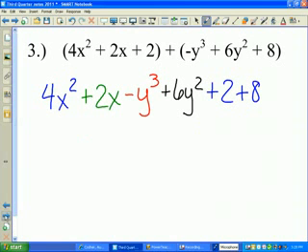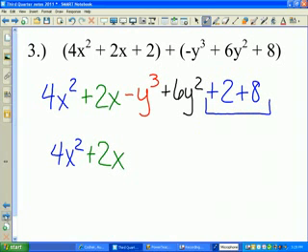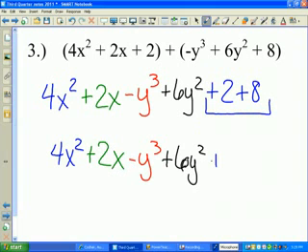So where are my like terms? If you do it by colors, it jumps at you. Those are my like terms. Everything else is just individual or monomials. And I'm just going to bring them on down. So I have my 4x squared. I'll have my plus 2x. I'll have my minus y cubed. And that plus 6y squared. And then 2 plus 8